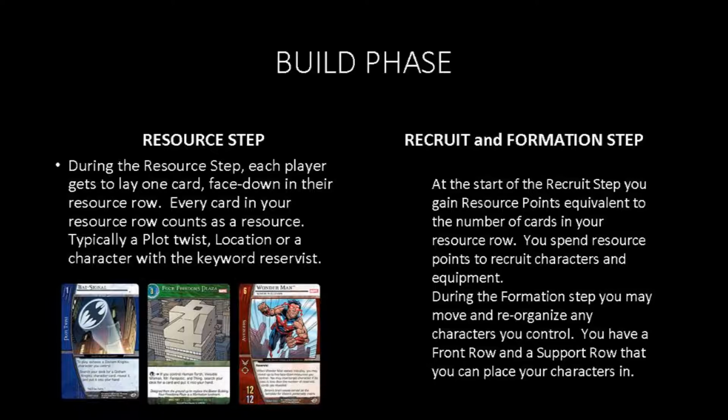Next up is the build phase. The player with initiative enters the build phase first, and he performs 3 steps: resource step, recruit step, and formation step. During the resource step, you are able to take 1 card from your hand and put it face down into your resource row. During your recruit step,